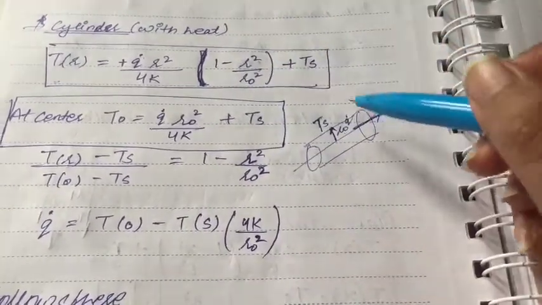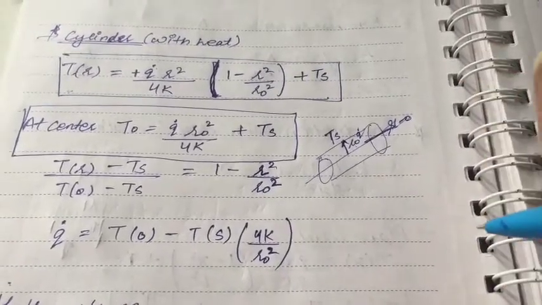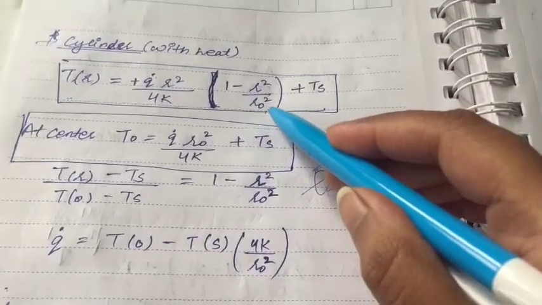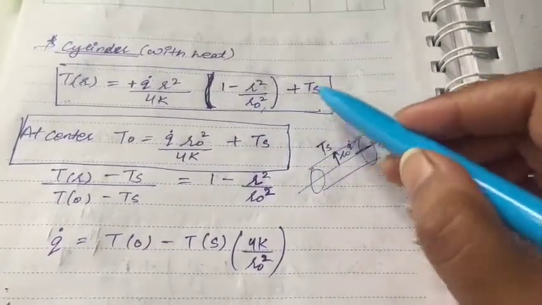R is the point at which we have to calculate the temperature, and R naught is the radius of the cylinder, plus